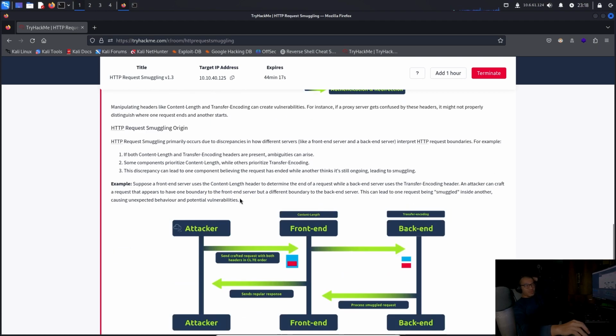Okay, this is what we wanted to know, right? HTTP request smuggling primarily occurs due to discrepancies in how different servers, like a front-end server and a back-end server, interpret the HTTP request boundaries. For example, if both content length and transfer encoding headers are present, ambiguities can arise. Some components prioritize content length, while others prioritize transfer encoding. This discrepancy can lead to one component believing the request has ended, while another thinks it's still ongoing, leading to